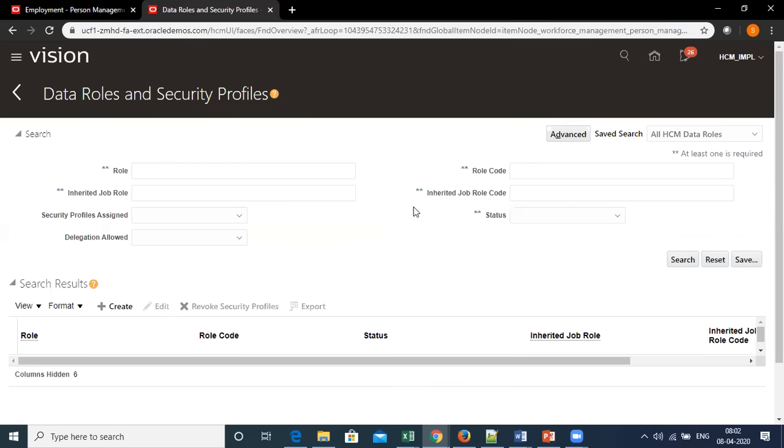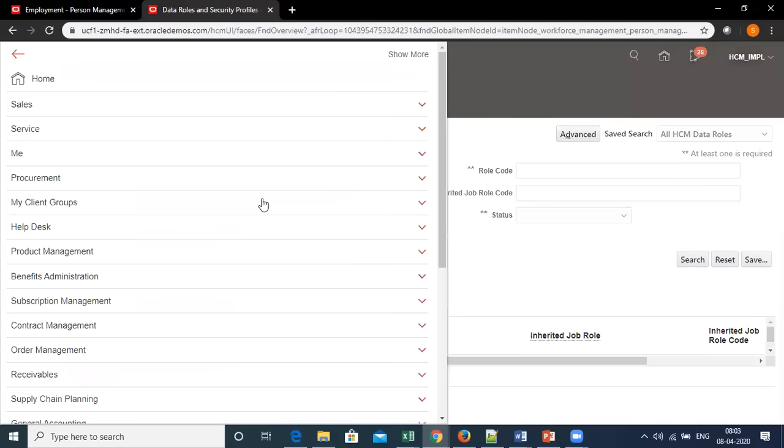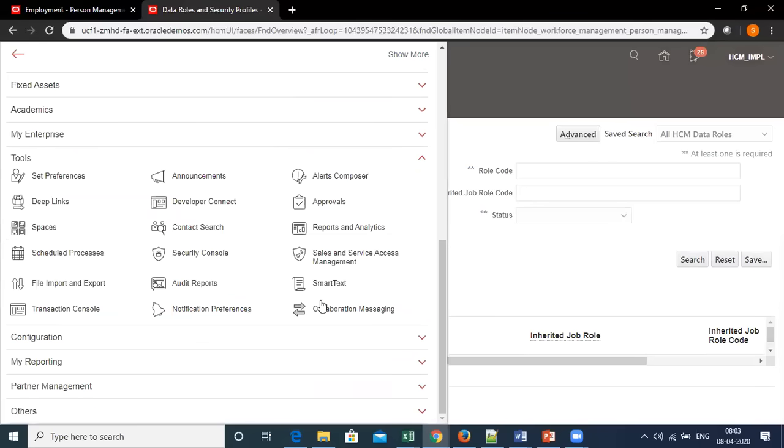But when we talk about IT security or any technical security from the organization's perspective, this technical stuff will be handled by the IT team, the IT management team. So the IT manager will have access to create all the security profiles as well as to create these roles, the data roles or the job roles which we saw, and all those roles.